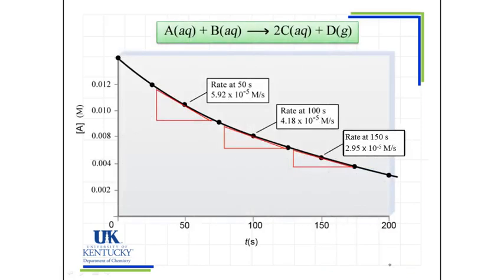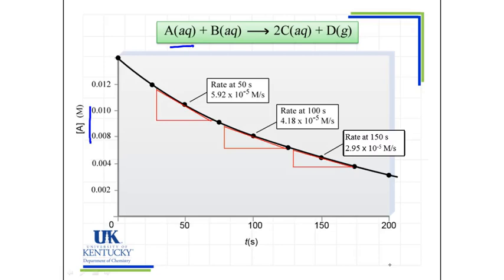Now here is a graph that is showing that the rate is decreasing for a reactant. That's what's being monitored here. They're monitoring reactant A as time is going by. And at this point in time, the way you get that rate is to measure the slope of the tangent